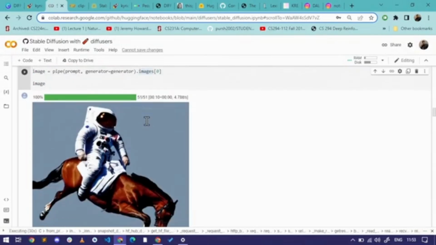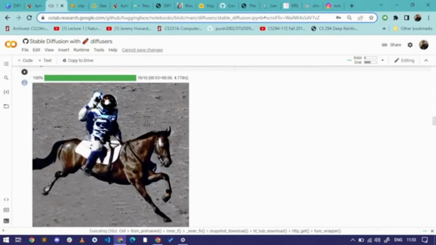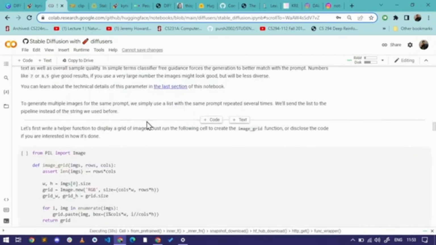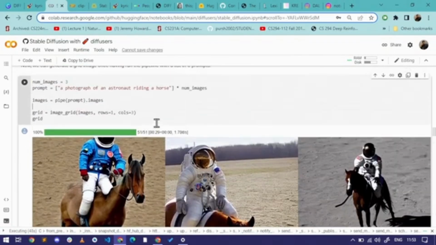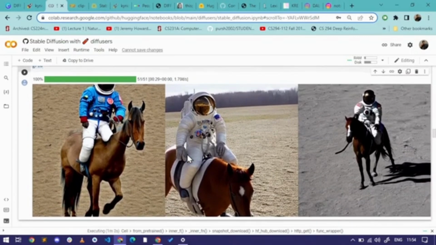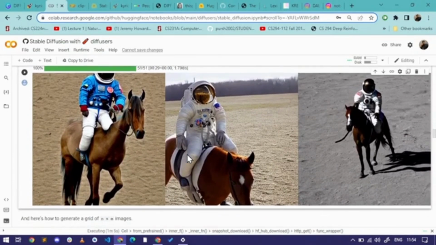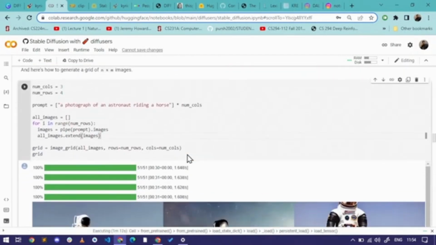And let's say you want to generate so many types of astronauts and horses. That's what Dall-E themselves like, oh, this is funny. Let's do that. And yeah, it looks good. So now if you want to generate 3, you will just say number of images equals 3, and then you say prompt times the number of images. It's basic Python, and then again you put it into the pipe, and then you get the image grid. It's as simple as that. You get 3 images looking totally weird and unique. So that's the novel part of the image.